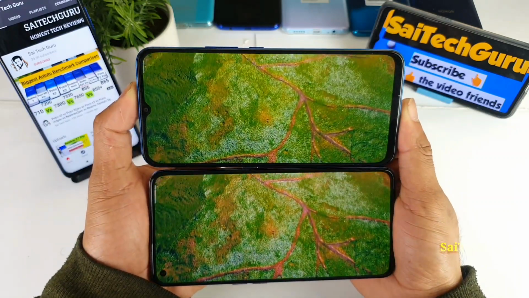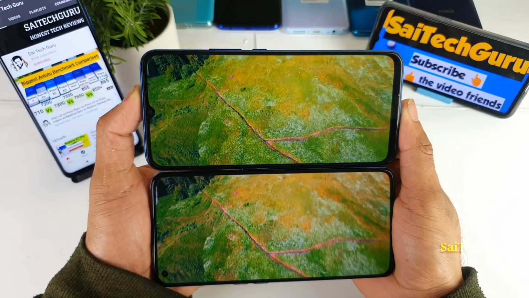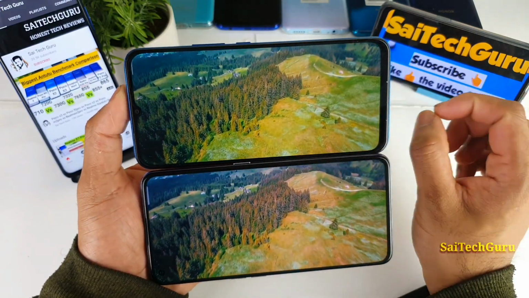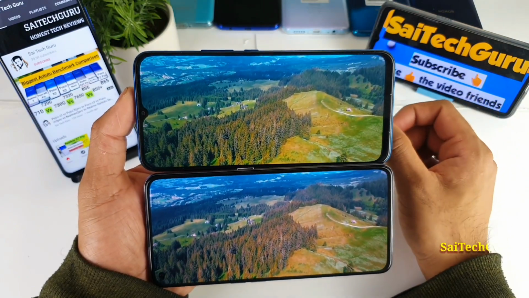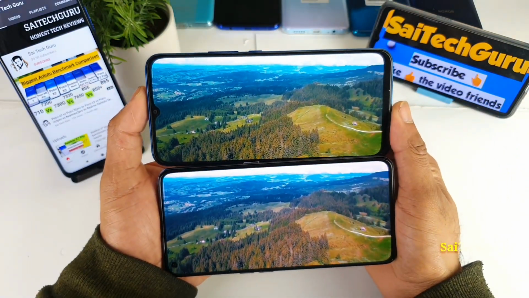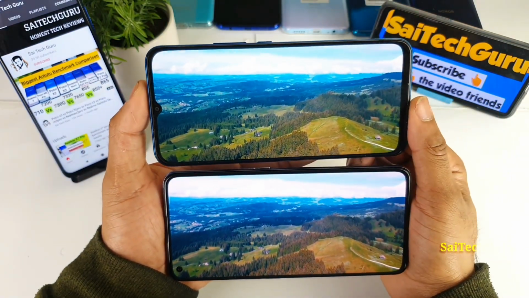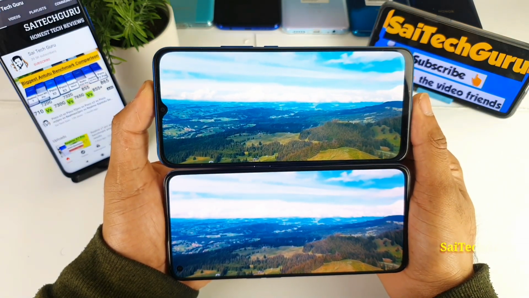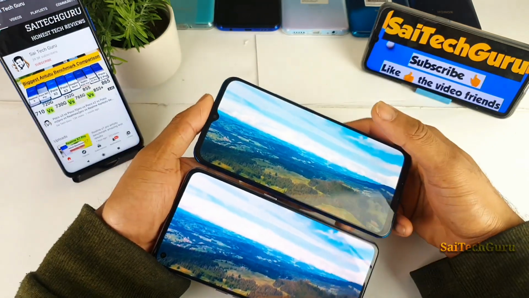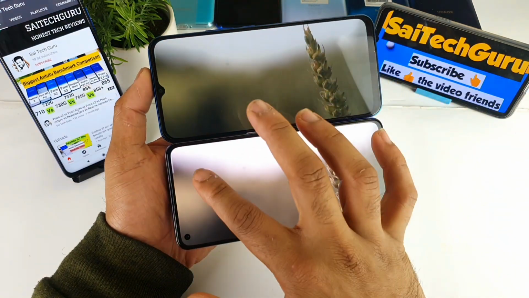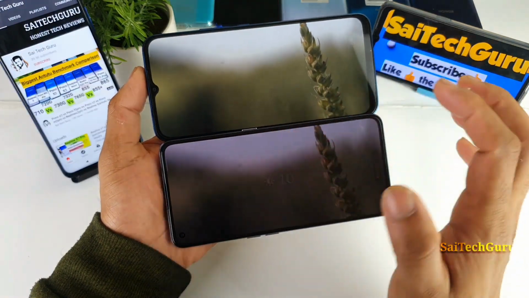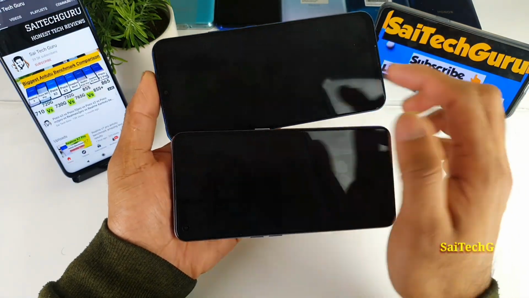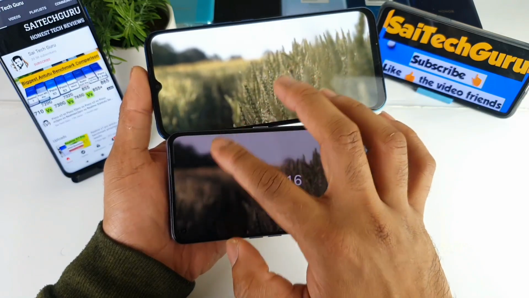So all my points will go to the Realme X7 Pro in this case when I compare both phones side by side, with a very small margin of difference. The Realme X7 Pro has the advantage over the Mi 10 Lite in terms of brightness, saturation and contrast levels. Everything else is the same. Let me quickly decrease the brightness to 10. This is 10 brightness, and now decrease the brightness to 0. This is 0 brightness. Both are very good at 0 brightness level.